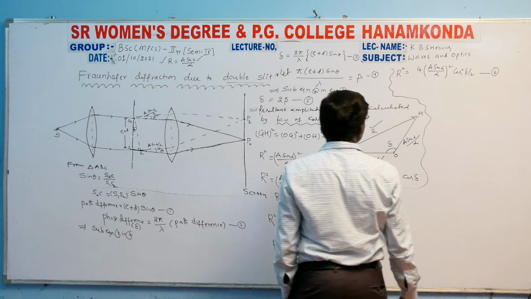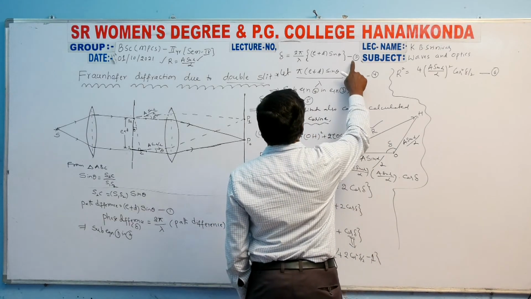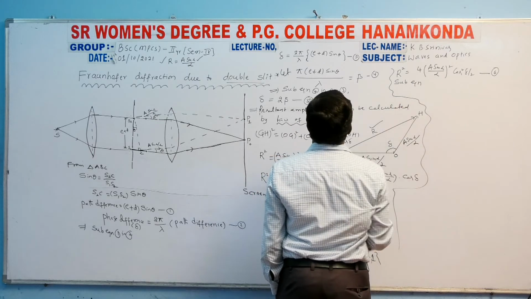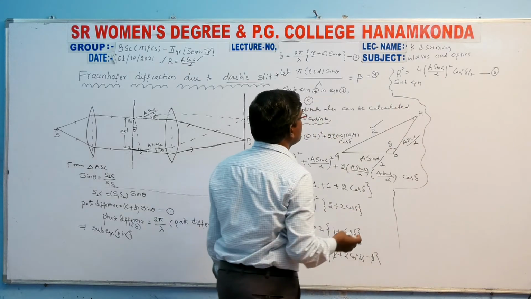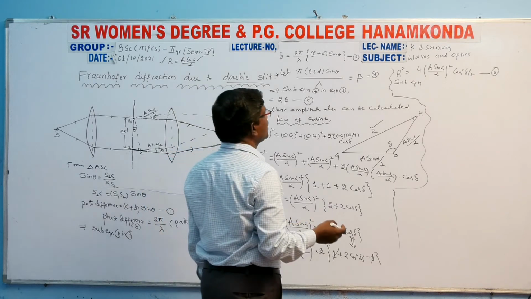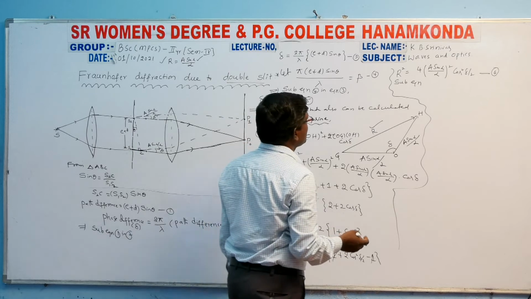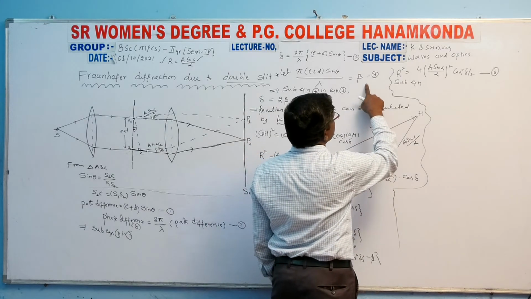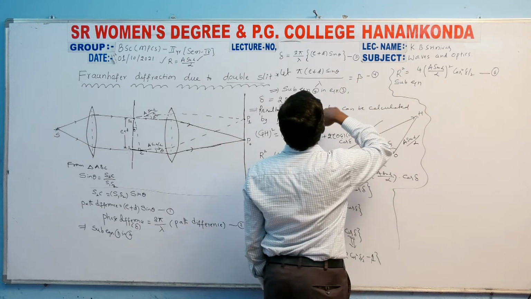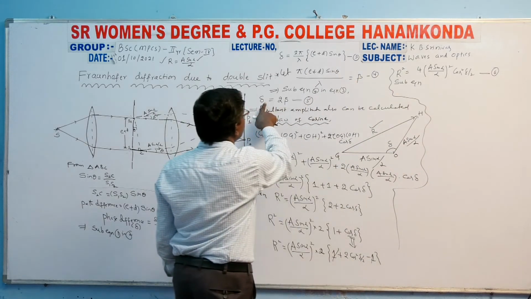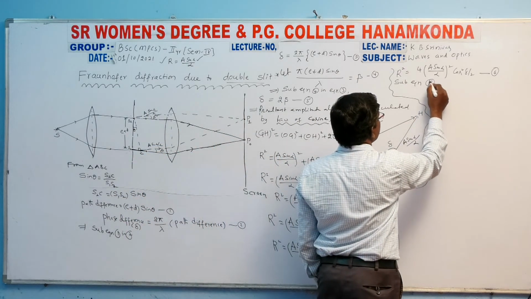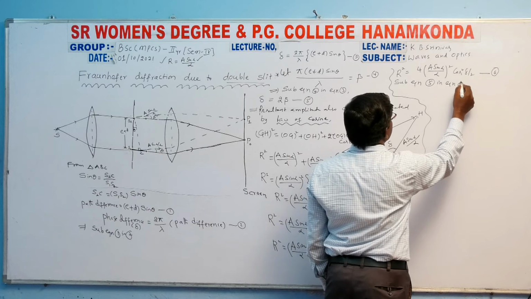Substitute this delta value in equation 6. Simply here I am substituting the delta value, that is equation 3. You can substitute the beta value also, that is equation 4. If you substitute equation 4, this becomes how much? Cos square, what is delta? This one, cos square delta by 2, 2 beta by 2. Simply I am substituting equation 5 in equation 6.